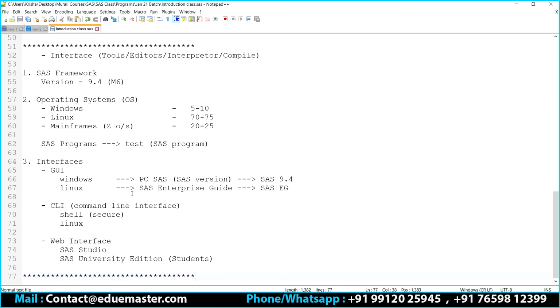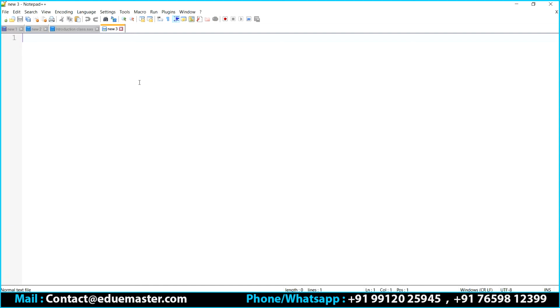Guys, today, as I mentioned in yesterday's session, we discussed what the various areas are where SaaS will work. We also discussed what the various platforms SaaS supports, and we had a word about the ratios, or the percentage occupation of SaaS among the three operating systems, correct? And we also talked about the various SaaS tools we use as part of our work, correct? So what are the three tools that we mentioned?